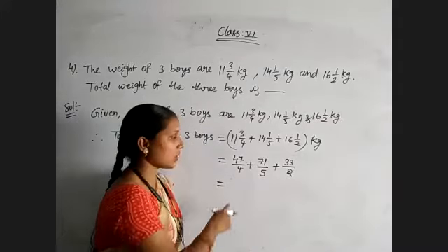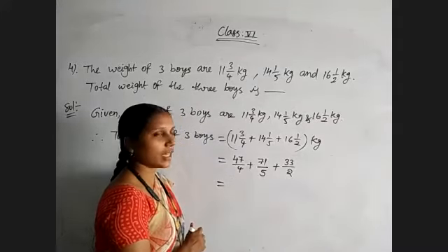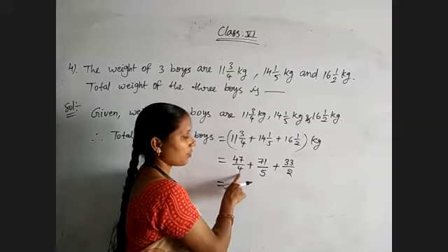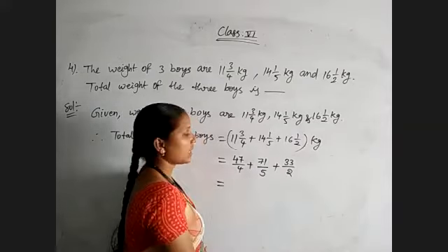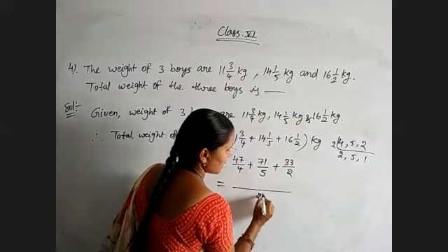unlike fractions. So take the LCM of 4, 5 and 2. See, 4 5s are 20, 5 4s are 20, 2 10s are 20. 20 will be the least LCM. We will see 4, 5, 2. So go through with the 2 table. 2 2s are 4, 5, 1. That's all. 2 2s are 4, 4 5s are 20 will be the LCM. So we'll get LCM as 20.